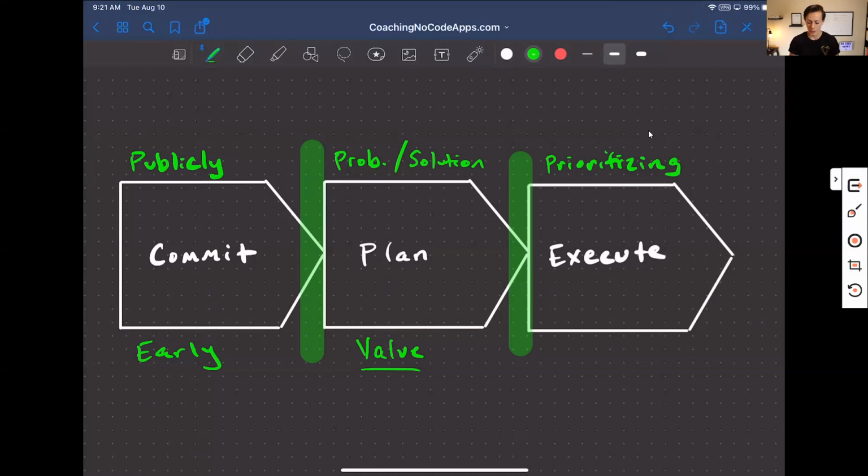Number one, you want to make sure you are prioritizing this step, the problem, the solution, the value. If you don't go into your development keeping these things as a priority, you're going to veer off track. You're going to go off scope. You're going to build the wrong things. You're going to get the wrong feedback. Okay, so you want to prioritize the problem, solution, and value the whole way.